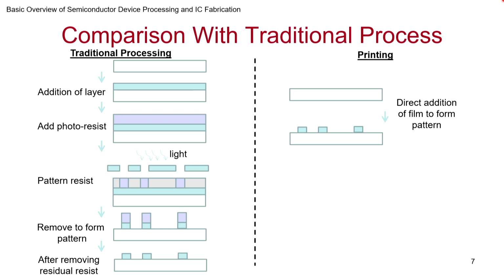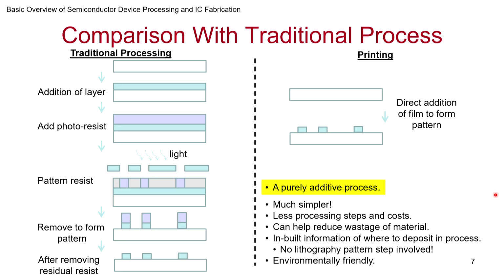go to high temperatures. So if you look at it, printing is a purely additive process because there is no need to subtract. You do the patterning earlier itself, and then you deposit only where you want. And you can argue it's much simpler. The very fact that you have only one process, probably you do all the thinking of where you want to put before you put it. So maybe that's what our parents would tell, plan before you do stuff, right? So maybe printing does that to a greater extent.